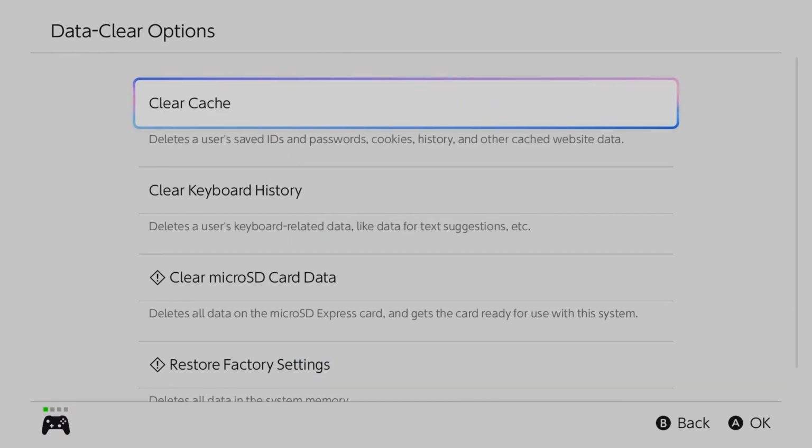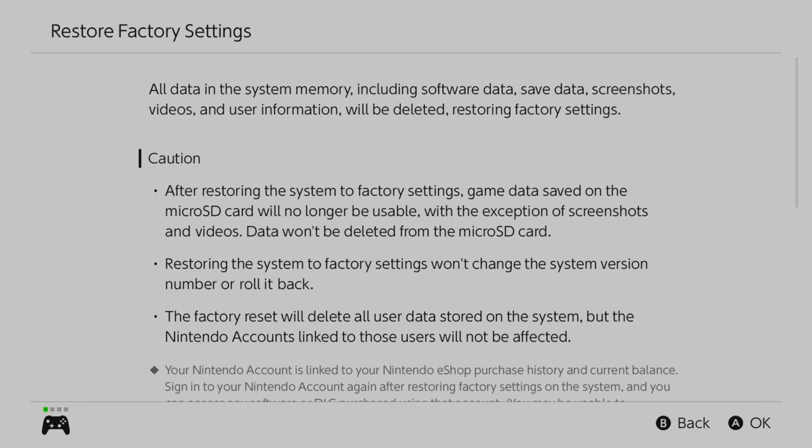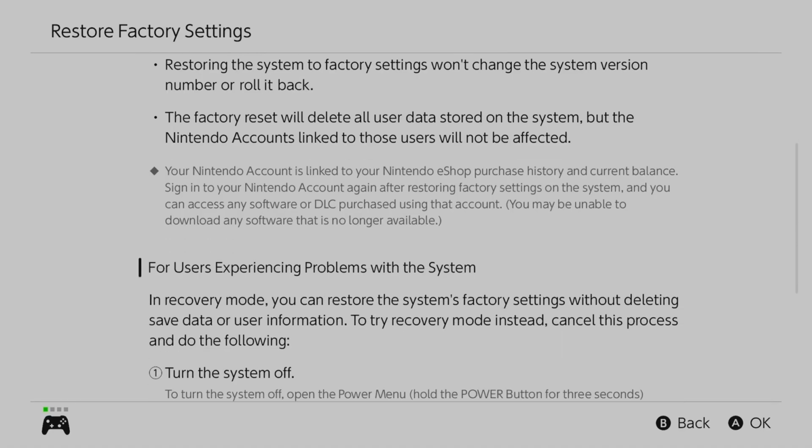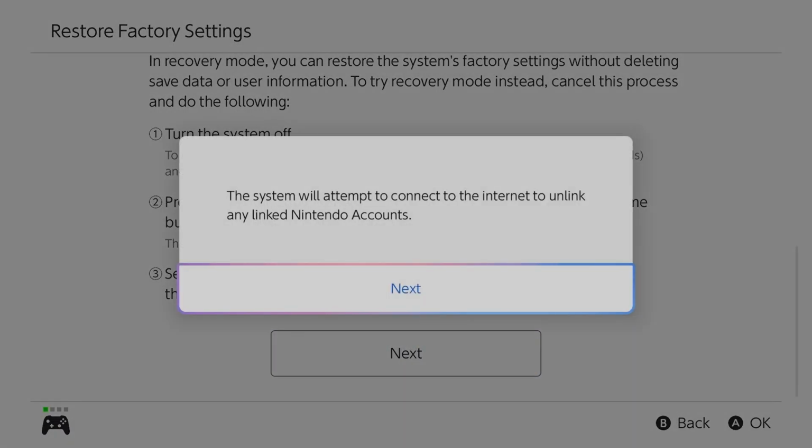So we're going to open this up and you can scroll down to the bottom. And this is where you're going to see Restore Factory Settings, which is going to delete all data in the system memory. So there's going to be this long warning right here, so I recommend you have a read through it. Long story short, everything's going to be deleted, and it's going to be like brand new when you first turned it on. So if you're okay with that, you can select Next,